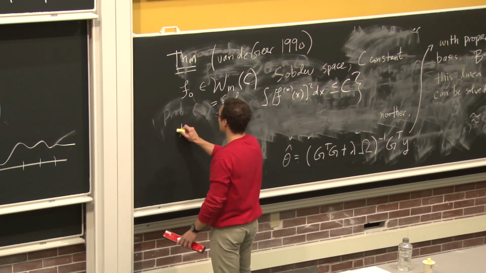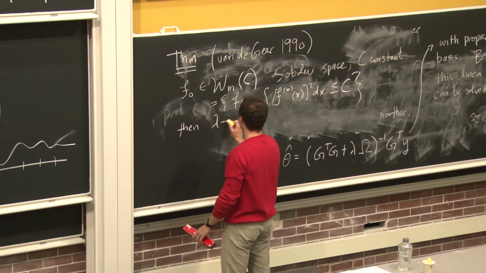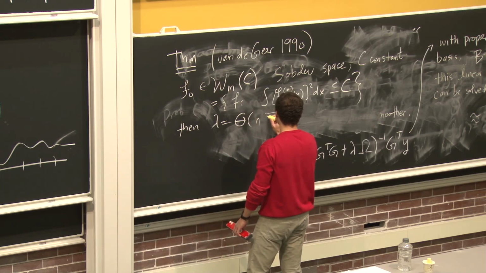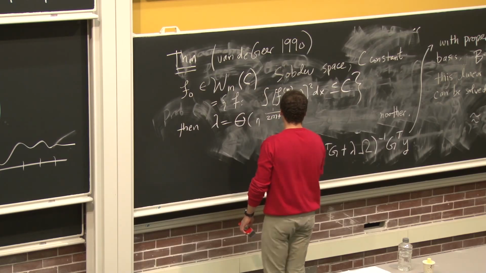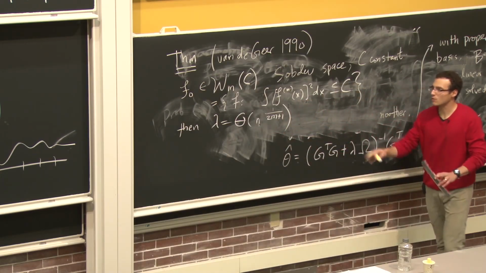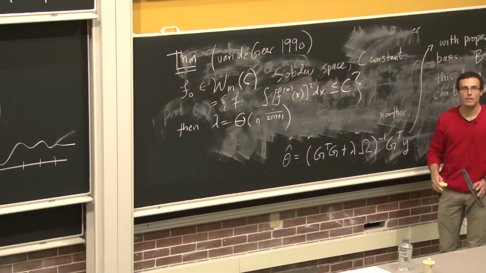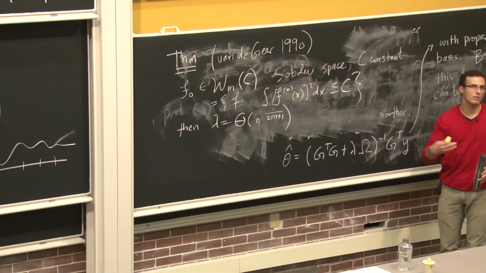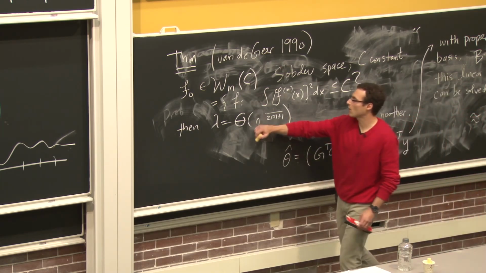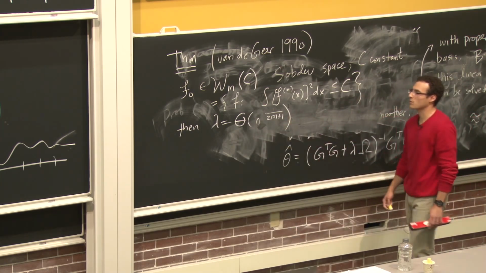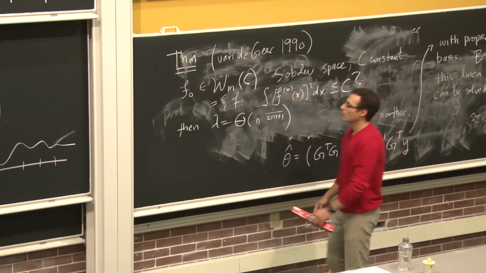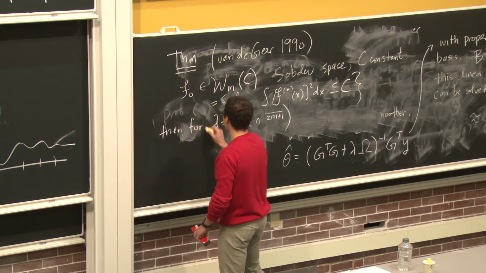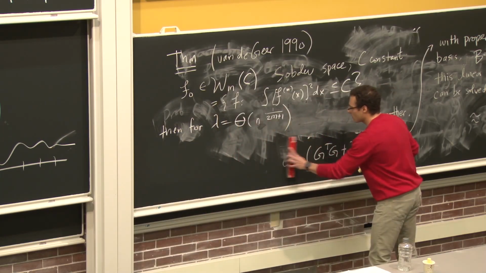Then if I choose lambda to be something on the order of n to the 1 over 2m plus 1. So I choose lambda to grow bigger, but at a very slow rate. As I get more data, I'm increasing my penalty on complexity, but at a very slow rate. So n to this power of 1 over 2m plus 1. Then with this choice of lambda, I get the following property,